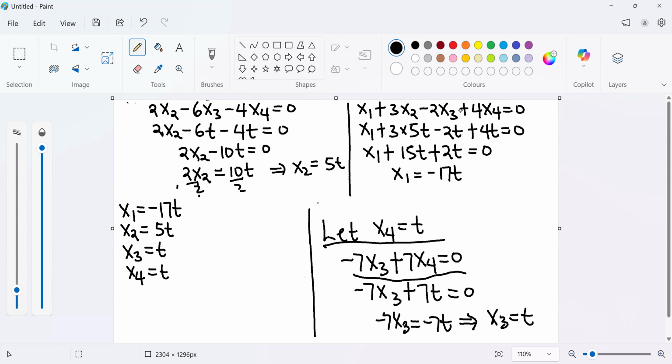So you realize that the t is common. So this is the same thing as putting the t outside, so that you have -17, 5, 1, 1. Therefore, the kernel of T